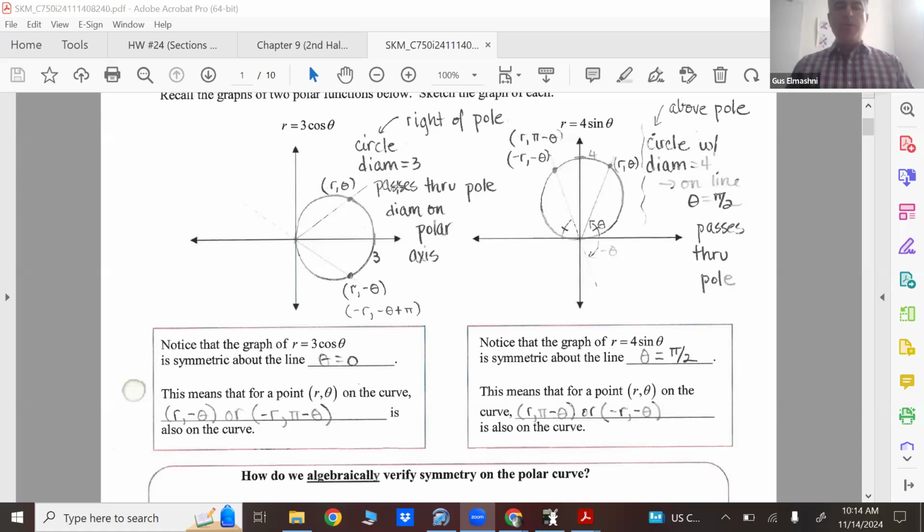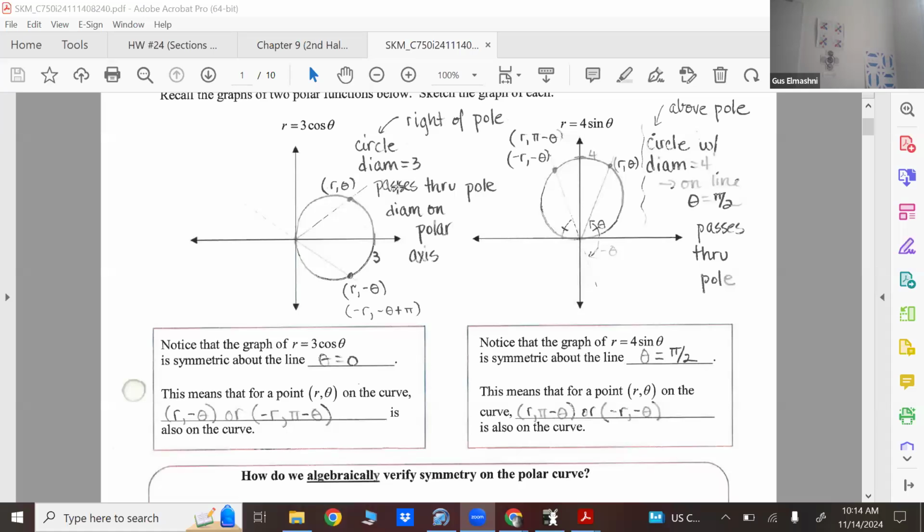So let's take a look at 3 cos theta again, but let's think about this more slowly. And again, polar is kind of tough. It's like learning a new language because you guys have done rectangular for so many years. Polar is kind of this new thing, right? And there are advantages to polar, obviously, like with rotation and all the other things we want to do. But here's the deal. If your graph is symmetric about theta equals 0, which is kind of like the x-axis, we call it the polar axis. So if the graph is symmetric about it,